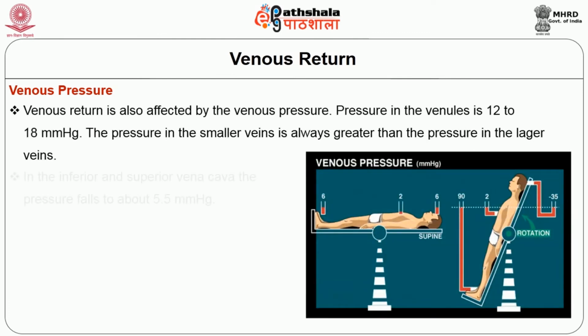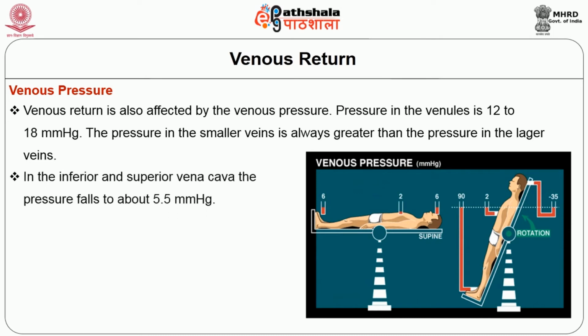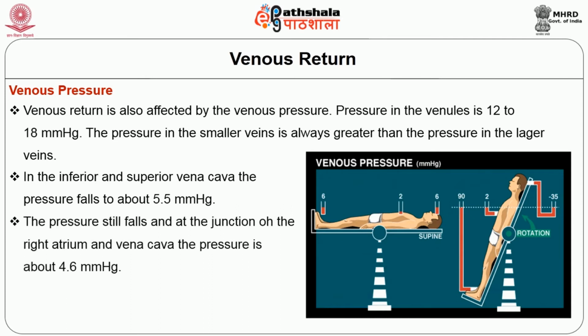In the venules, the pressure is approximately 12 to 18 millimeter of mercury. The pressure in the smaller veins is always greater than the pressure in the larger veins. In the inferior and superior vena cava, the pressure falls to about 5.5 millimeter of mercury. The pressure still falls, and at the junction of the right atrium and vena cava, the pressure is about 4.6